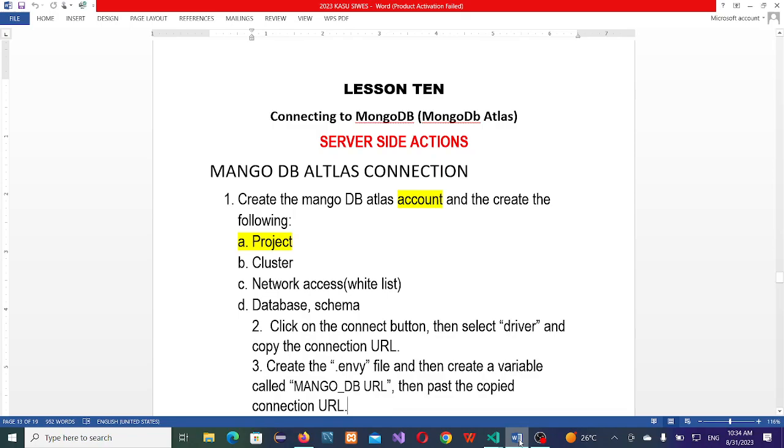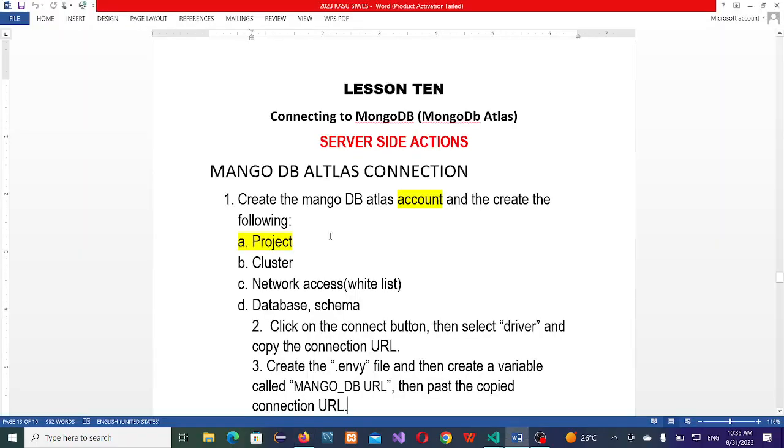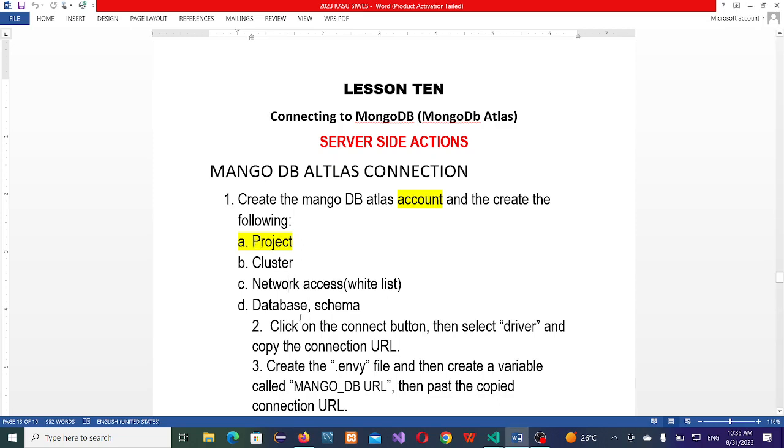Okay, I want to confirm that I'm connected. Well, the connection is not fast. While it is trying to load, let's quickly look into some things here. We want to create a project. After creating an account, we create a project, and then we create a cluster. After creating the cluster, we get network access, that is by giving a whitelist. A whitelist means the traffic that will be allowed to connect to our cluster. Then we create the database and the schema,